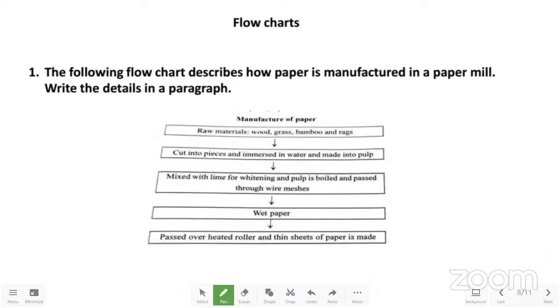Next, the following flow chart describes how paper is manufactured in